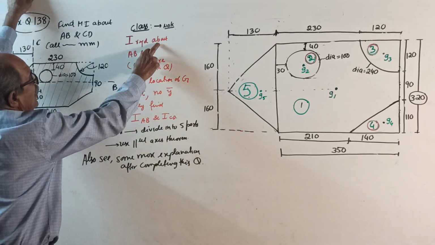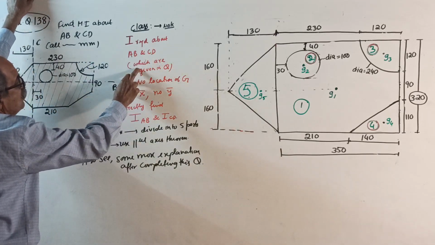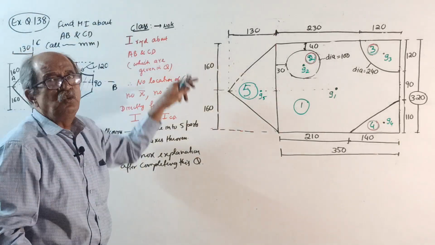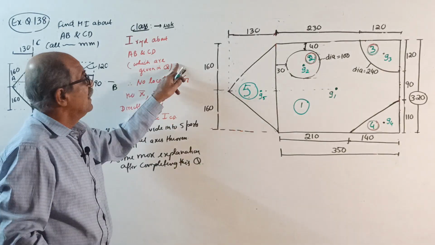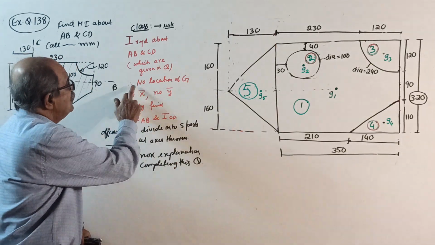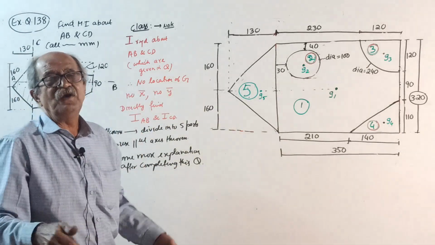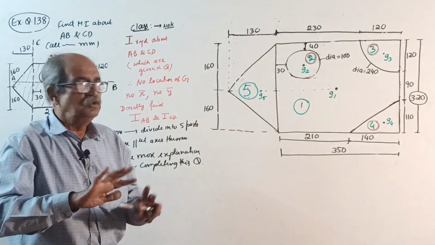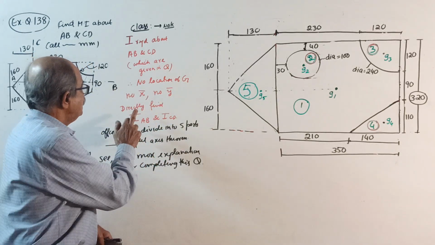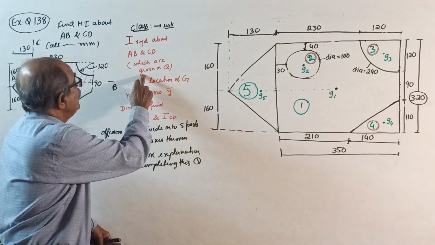When I require I, red color I will use now, about axes given in the question randomly by the person who set the question. They are not centroidal axes. Therefore, in this question, no location of centroid. Why would you want to locate the centroid? No X bar, no Y bar. Directly find I about AB and CD